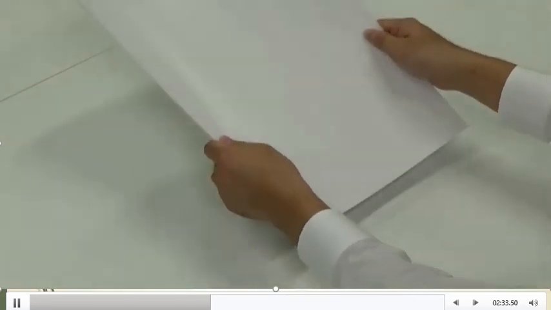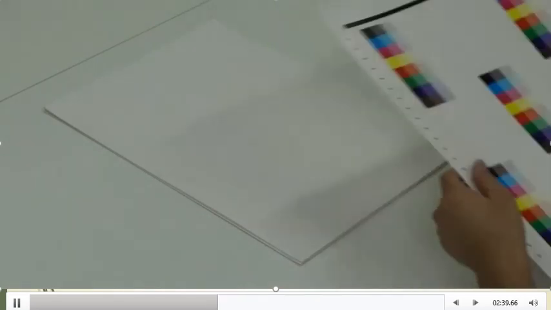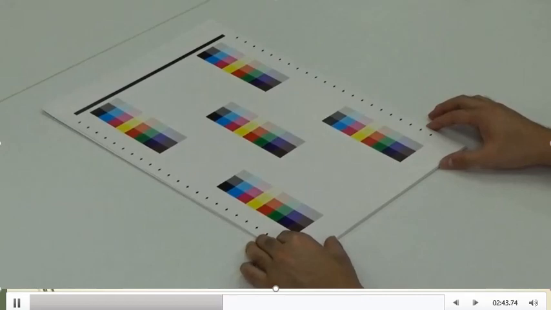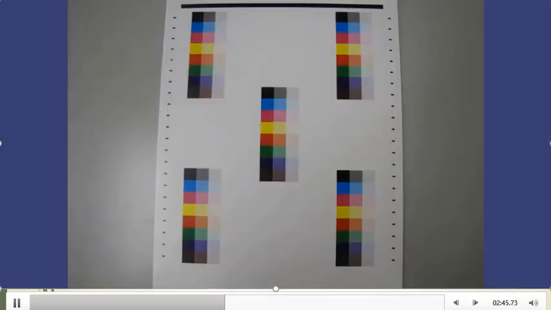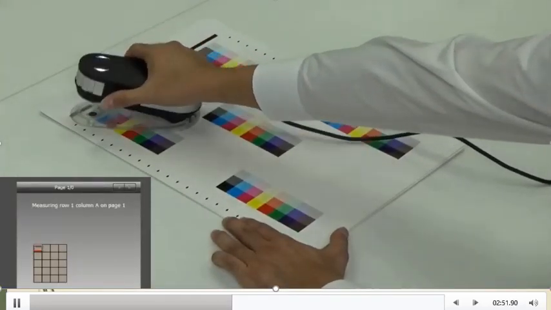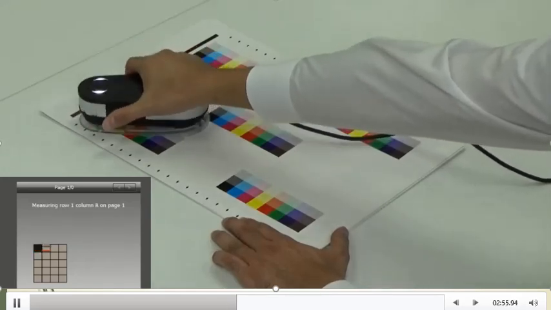Keep some same paper, non-printed paper, below the test chart. This is your test chart actually, and we don't need to measure all the spots. We will measure only that red box, that black, cyan, magenta, yellow at all 5 positions, 4 corners and the center.